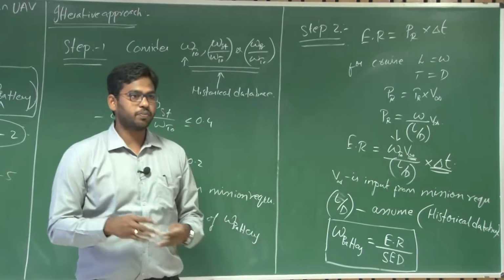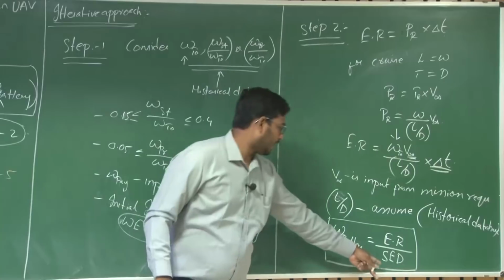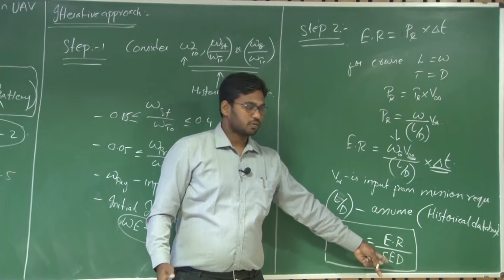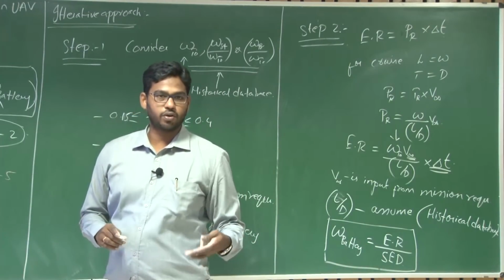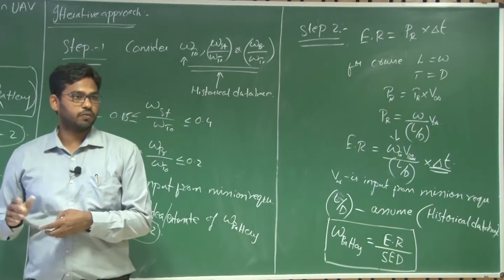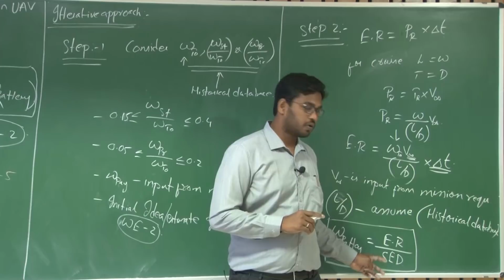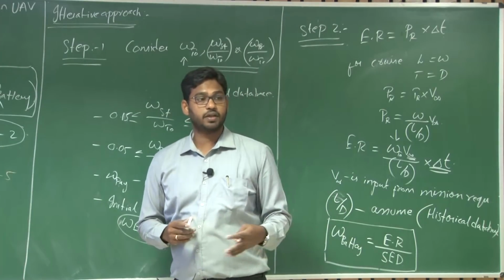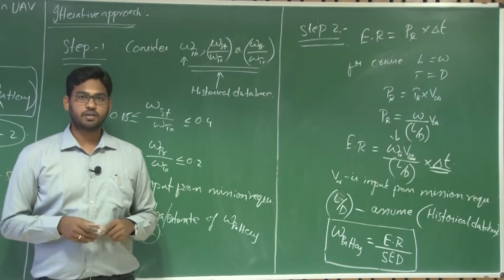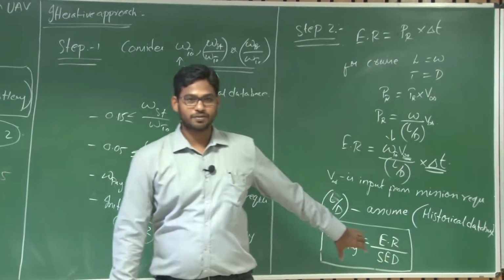Ultimately, whatever you are designing, you should be able to realize it. You need to make it. That means you can't have a fanciful estimate, you need to consider a realistic value. Say an SED of 0.1 is realistic, 0.2 is also realistic, but 0.5, with units in kilowatt hour per kg, is futuristic and not readily available. So you need to find out the access that you have to various energy density batteries. Right now we have access up to 0.25 kilowatt hour per kg. If somebody finds a higher SED battery, please let me know.